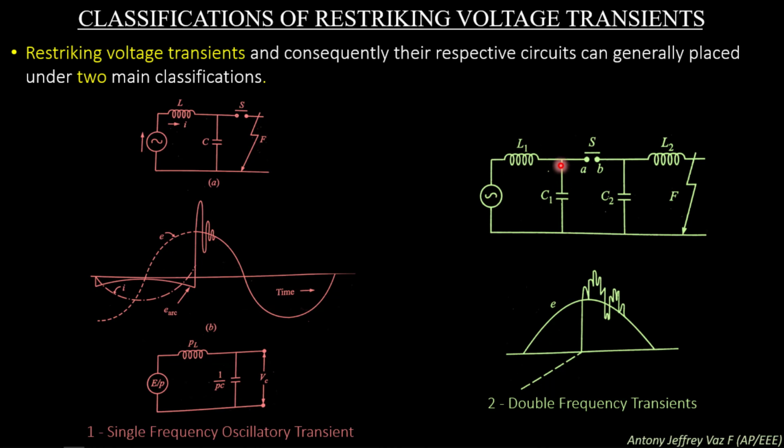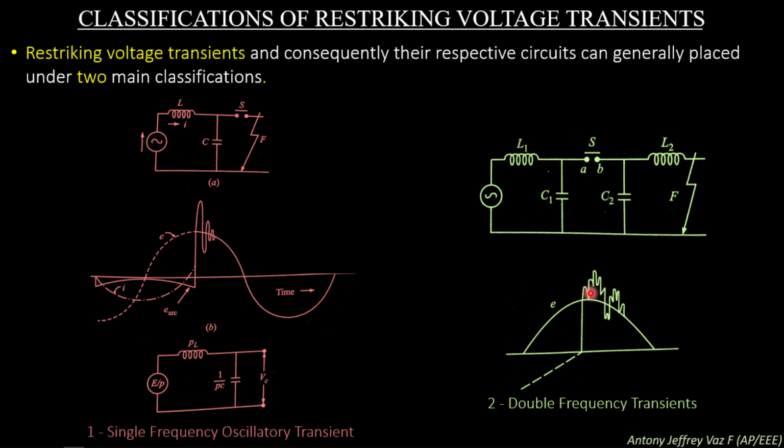So, the inductance and capacitance present in the transformer and generator are present near the station, or lumped before the circuit breaker, and the other inductance and capacitance which are present in the transmission line, since the fault is occurring very far away from the generating station, we have two inductance capacitance networks, and in the center of the network we have the circuit breaker. And this is the representation figure of double frequency transient.